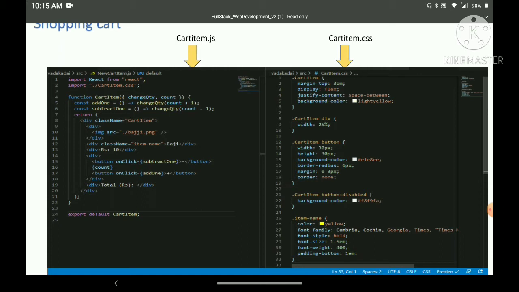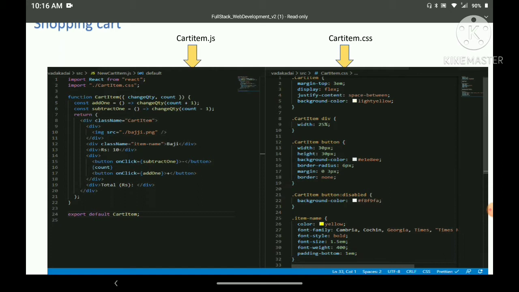If you come to line number 8, the class name is included. Class name is cart item, and in that UI we see that the icon budgie is there, right? So I included that image, dot slash budgie dot png, and I gave that rate as rupees 10. And for the plus and minus buttons, I included the buttons. The buttons have separate styles. On the right side, the cart item.css has, at line number 12, cart item slash button. Right now I keep the background color of the button as lavender. If you change it to something else, then it will change on the left side of the screen.